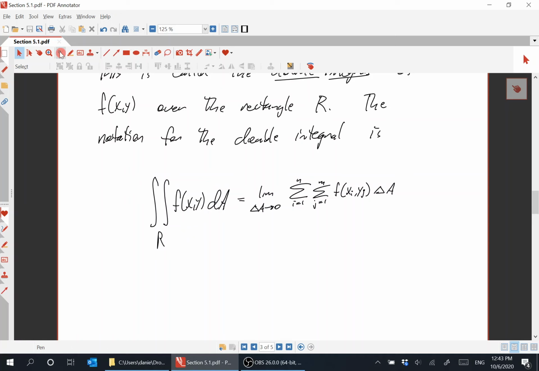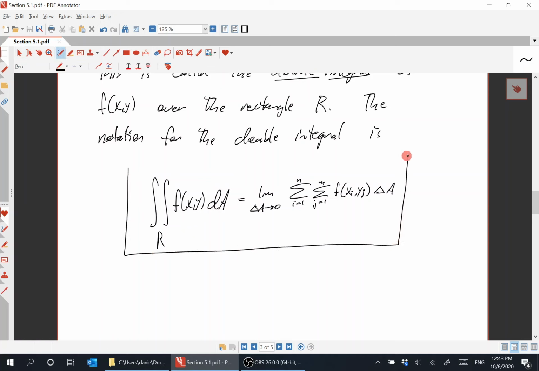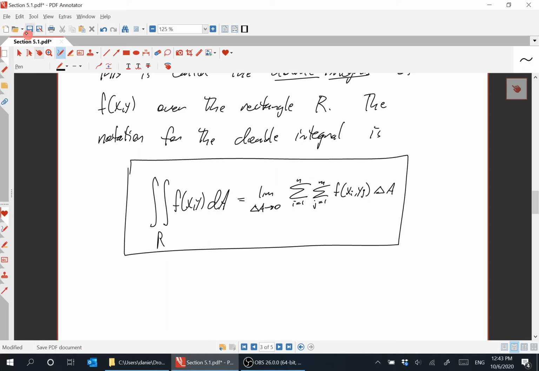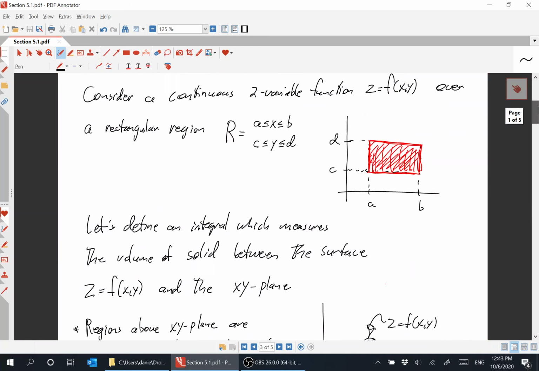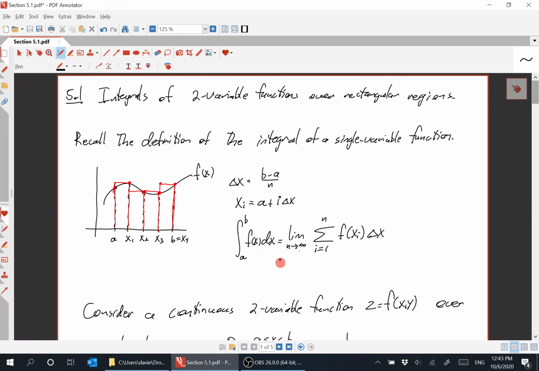So that's the definition of the double integral. Okay, that's the definition. How do we calculate it? This doesn't tell us how to calculate it. I mean, we never really calculate integrals. You can calculate integrals directly from this, but it required those weird